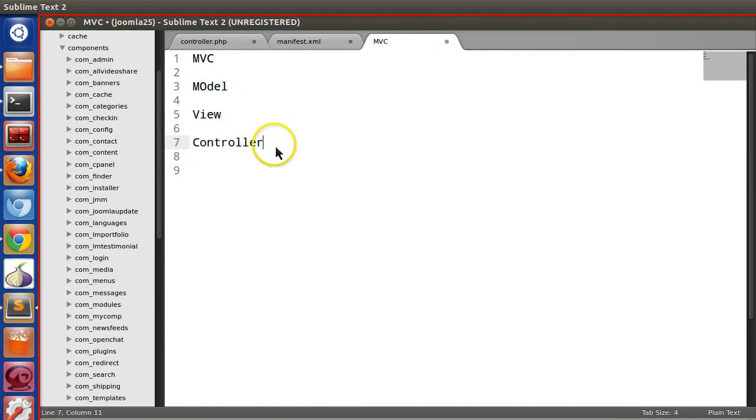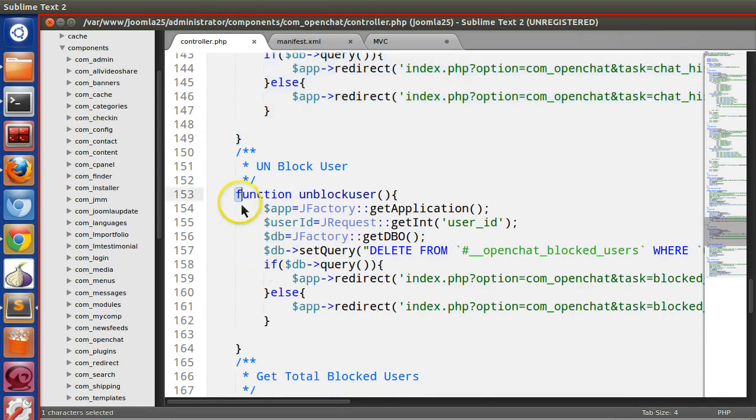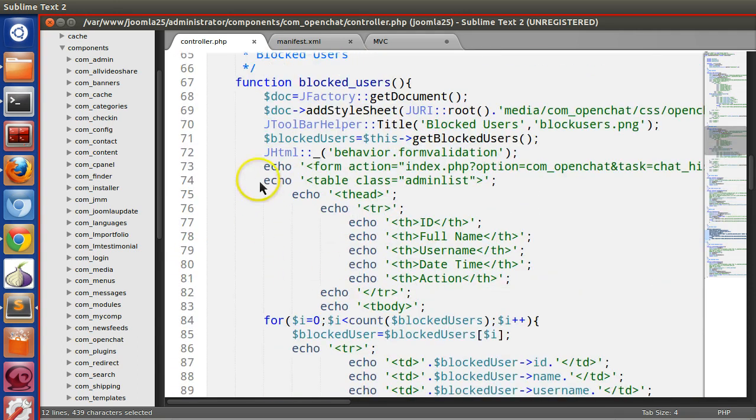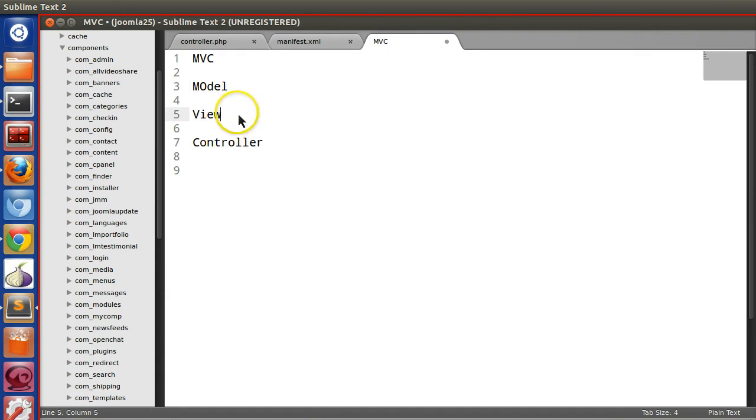So why do we separate them this way? In the controller, the first request arrives when the user makes a request. In the model, we place all our business logic. So what is business logic? If you want to save some data to the database, retrieve some data, calculate, or implement some algorithm, those things are called business logic. Like block user, this is business logic. Unblock user, this is business logic. So we will store this logic or function inside the model, and while we are displaying this data in a table format, this is the view.